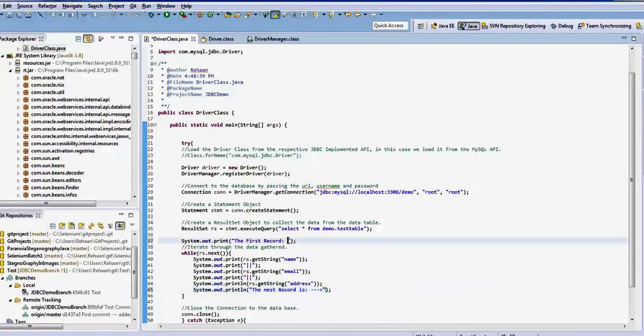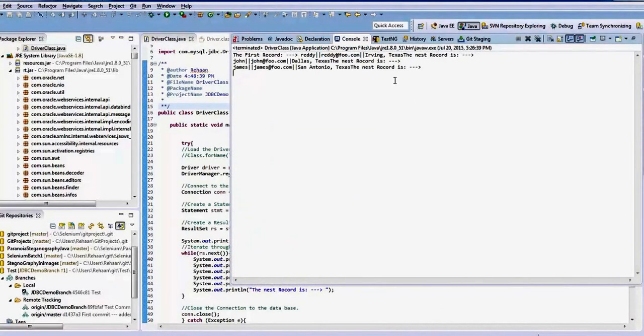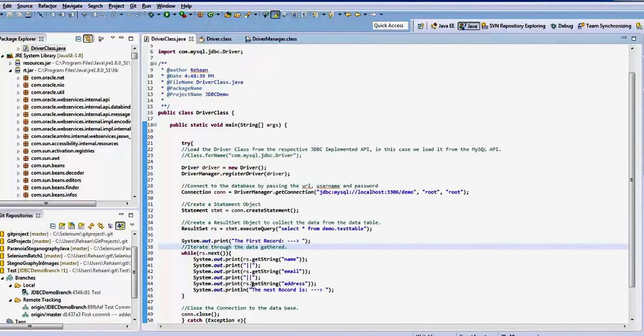Thanks, decorating it. Nothing specific, nothing else that I'm doing here. So let me run this now. What did I do here? Sorry, guys.